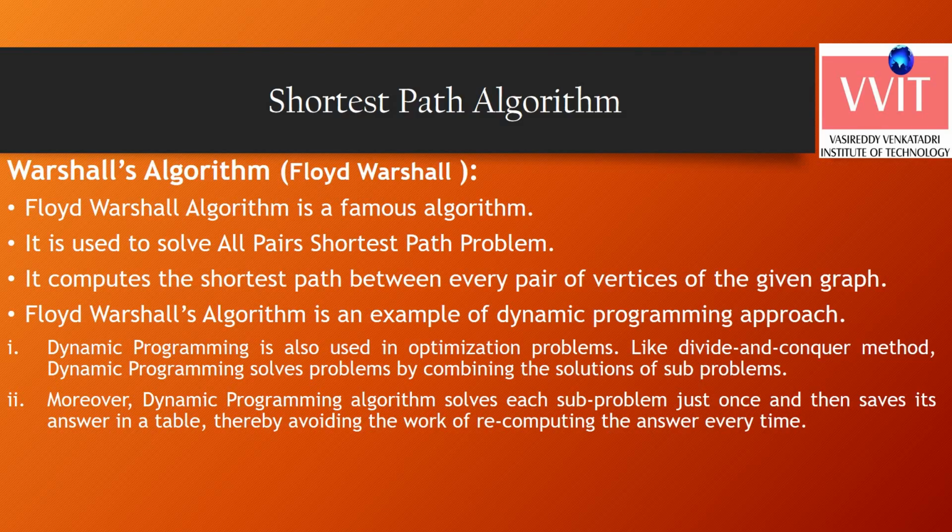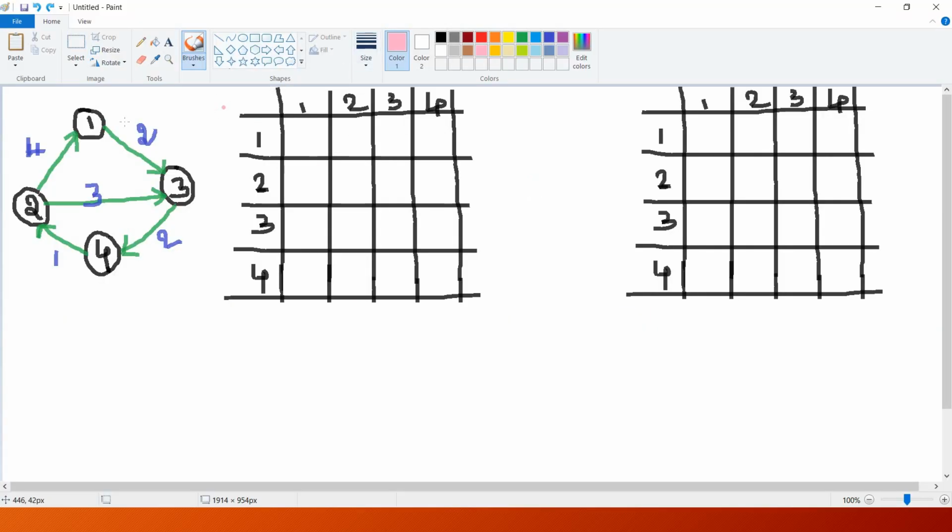Okay. So let us take one example and start exploring Warshall's algorithm or Floyd-Warshall's algorithm in terms of transitive closure. Okay, so suppose I have a graph over here. It consists of 4 vertices with labels 1, 2, 3, 4. There are certain edges, all are directed edges with costs. If there is a cost, we can directly consider that cost.